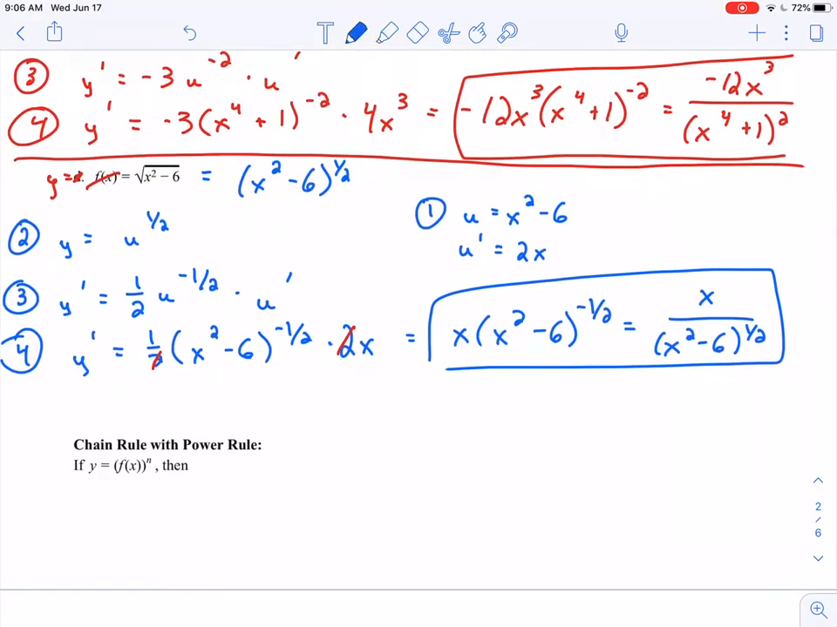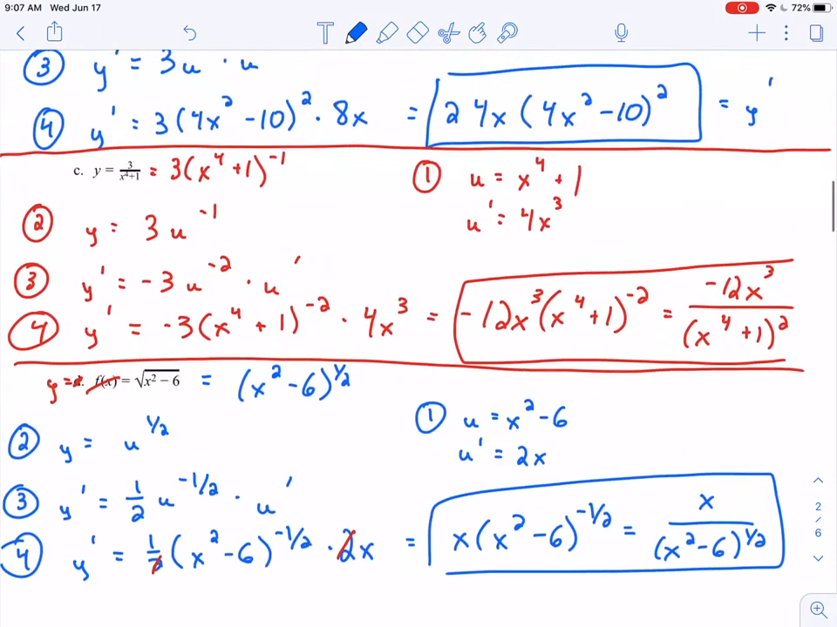So if I want to take the derivative of a function y equals f of x to the nth power, then actually let's rewrite this so that it's more in line with the notation that we were using. We'll say if y equals, we'll use g of x because that was the inside function, g of x to the nth power, or if you want to simply write that as u to the nth power,